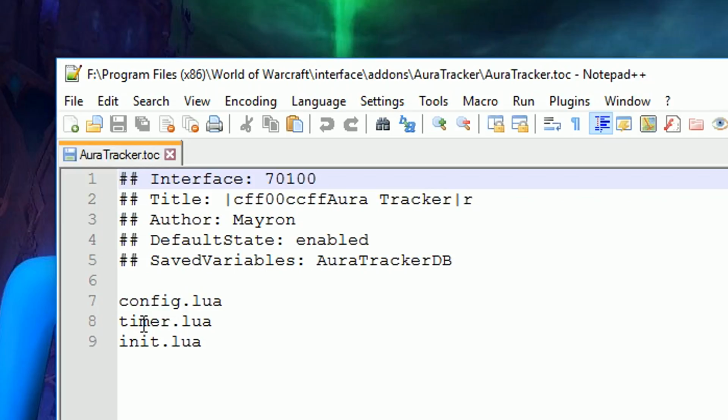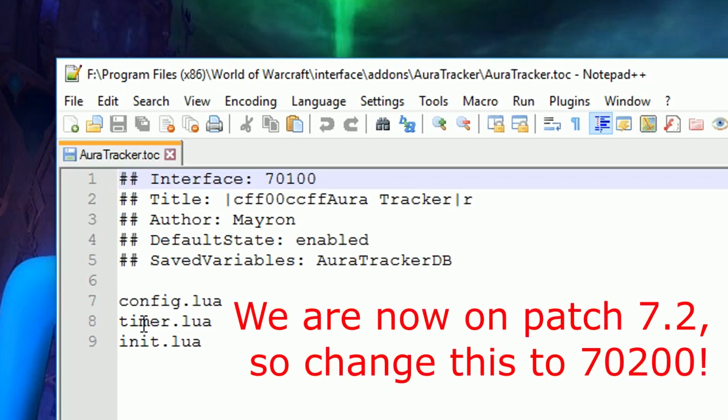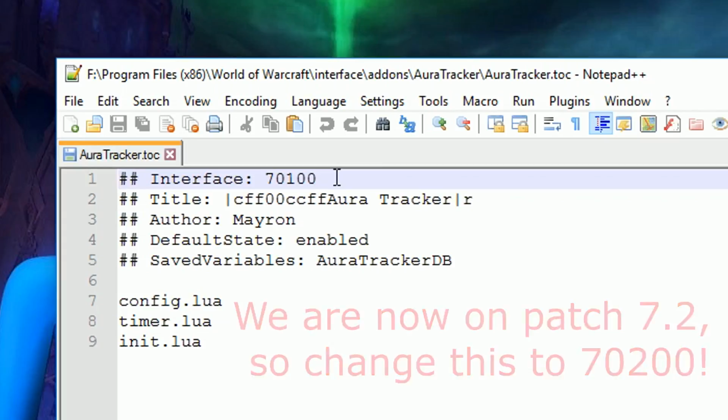So an incredibly important thing to take from this is that the interface number is different. This represents the patch that we're on. So far we're on patch 7.1 or 7.01, I don't remember, but it needs to be exactly like this, 70100. In the last episode, I think it was on 60200, so make sure you change that, otherwise when you try and load it in World of Warcraft it's going to say it's out of date, and it won't let you